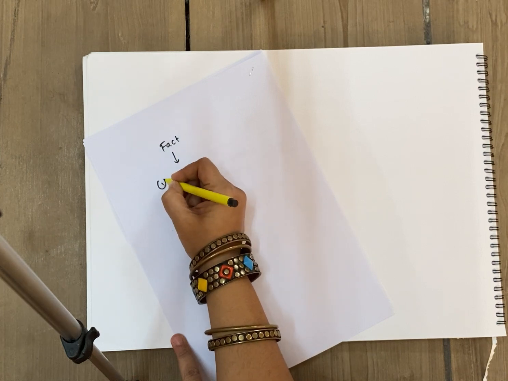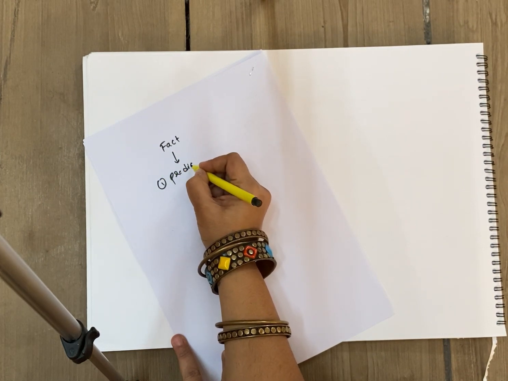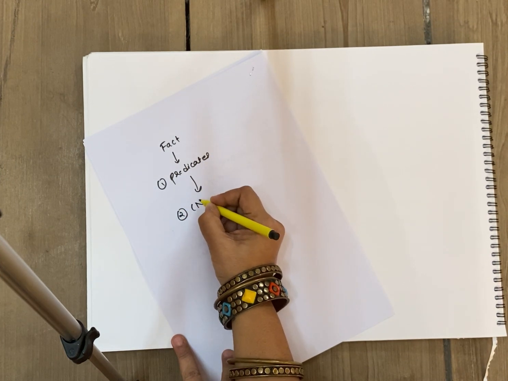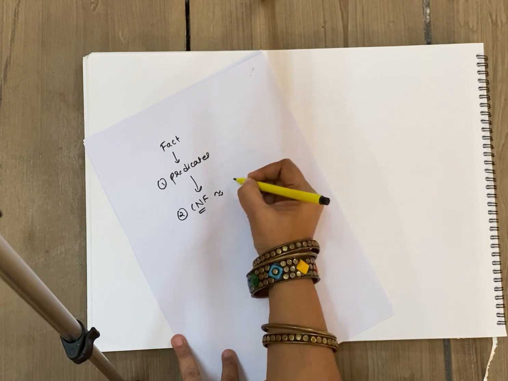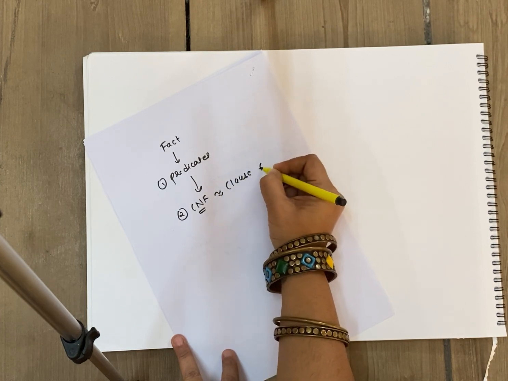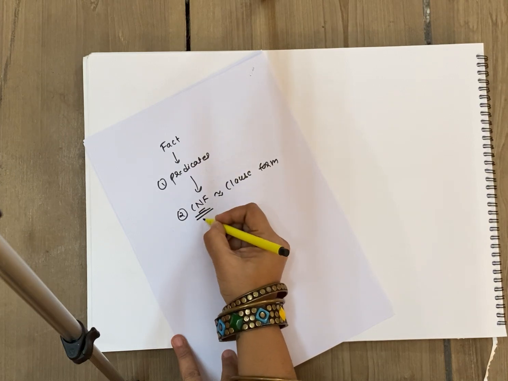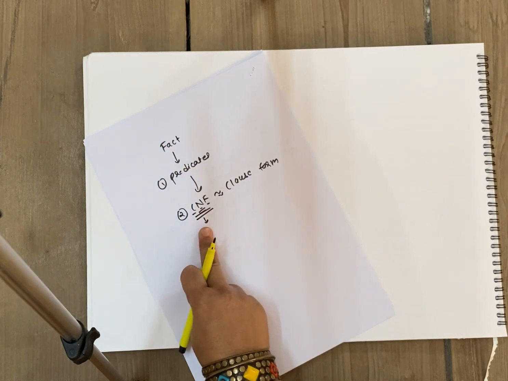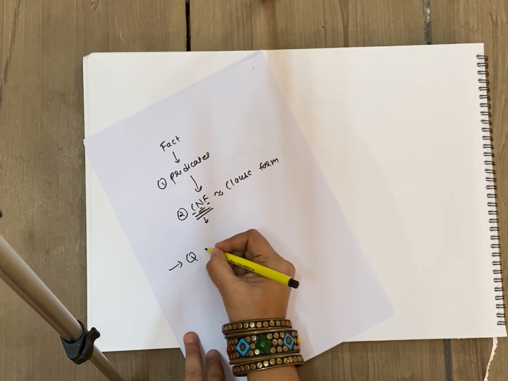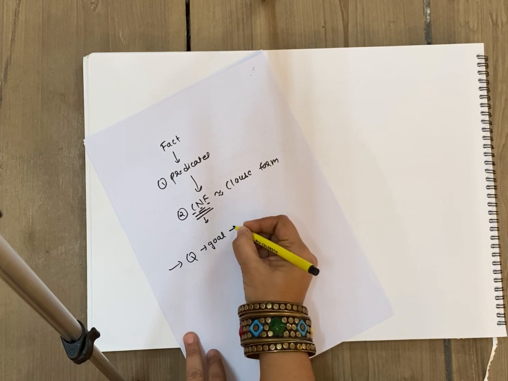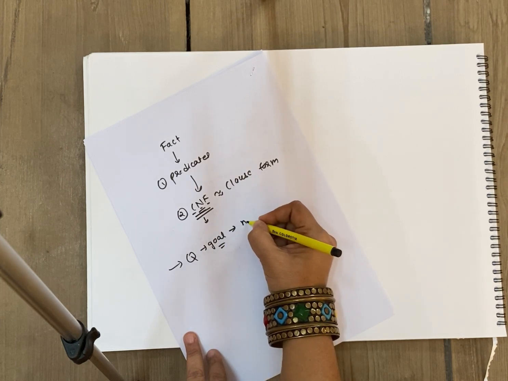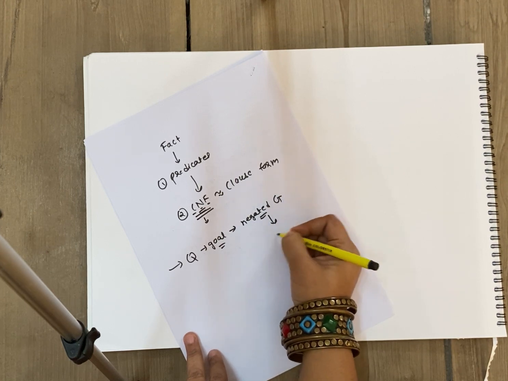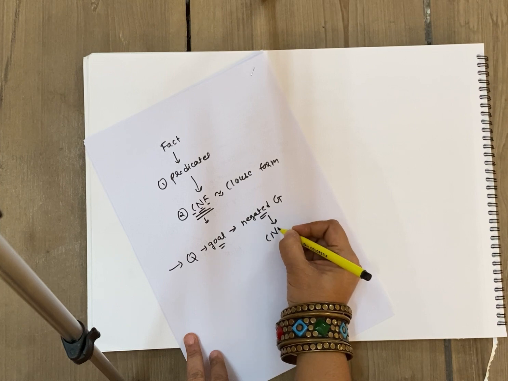These facts need to be first converted to predicates, and then those predicates are going to be converted to CNF form. The CNF form is also called closed form. So this CNF stands for conjunctive normal form. So once we have facts converted to conjunctive normal form, we are going to have a question, or we will call it a goal. This goal is first of all going to be negated. After negating the goal, we are going to convert the goal also to conjunctive normal form.